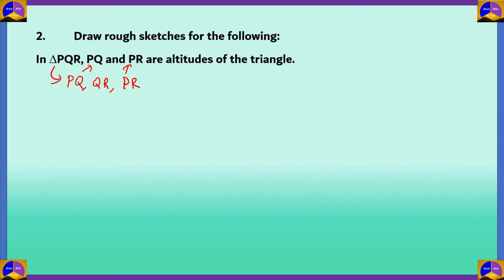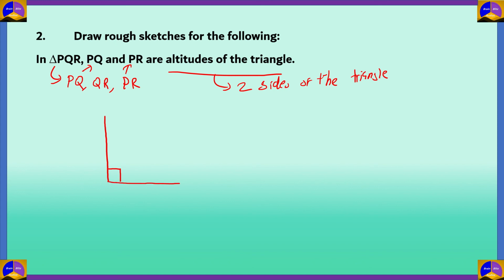So that means that the altitudes of the triangle, at least two of them, are two sides of the triangle. So let's draw. If this is one altitude, they must intersect at 90 degrees. So there must be a line over here. Now we can't extend it both ways, only one way,